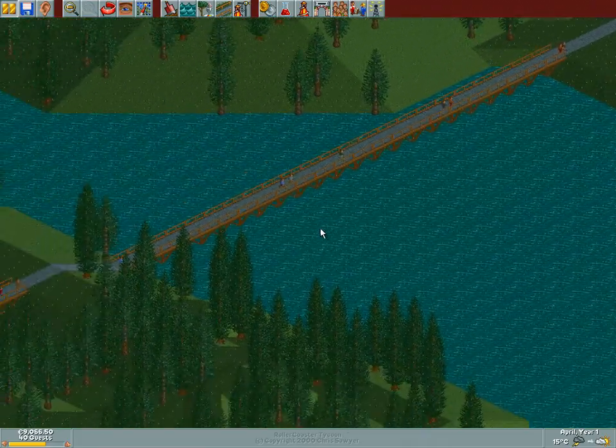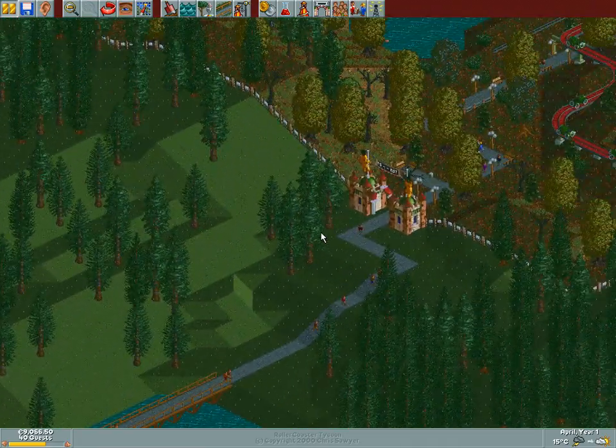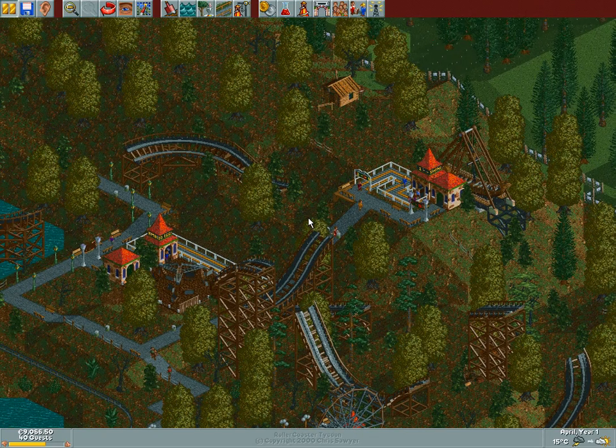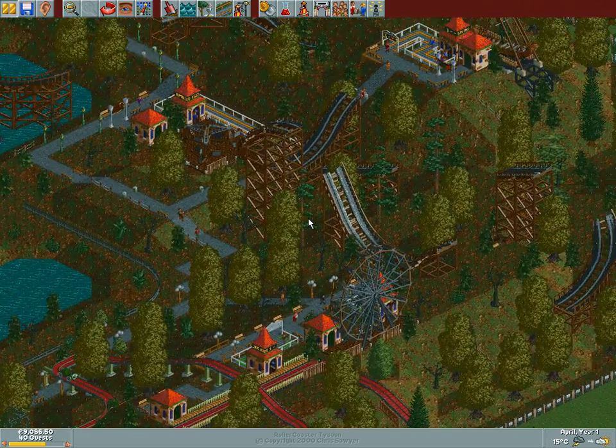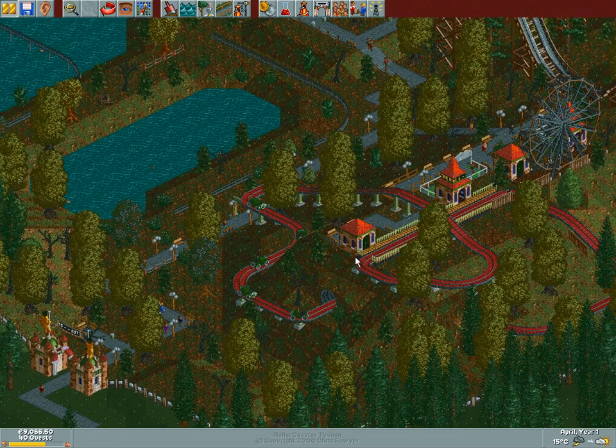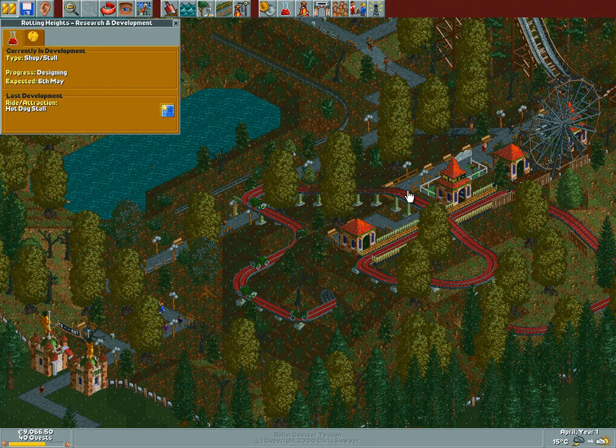As we can see, we've got a steady supply of guests coming in, and we have some rides up and running. So yeah, I think we're on the right way. Now, we still have a few things to do, and for one, right now, the park is without any facilities. Now I know that our eggheads have researched the hot dog stall. I mean, it said it right over here. But I wonder what they're...